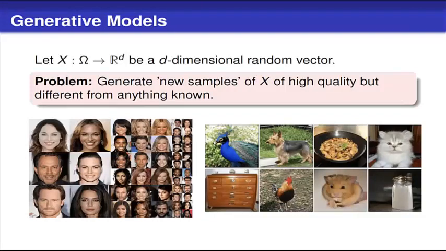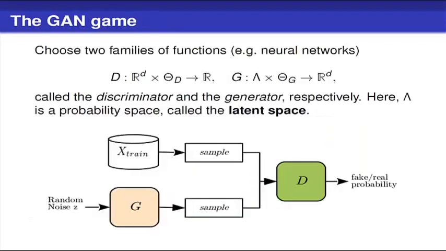Today I want to talk about generative models. The idea is that you have some phenomenon that you want to understand. It's a phenomenon that is very, very complex, and you want to replicate it. For instance, you want to create faces of people, and what I want to talk about today is a model that is able to generate these pictures. These pictures are of people that don't exist. These are images that have been created from scratch. Also these pictures. So the models are extremely impressive, and they are called GANs,